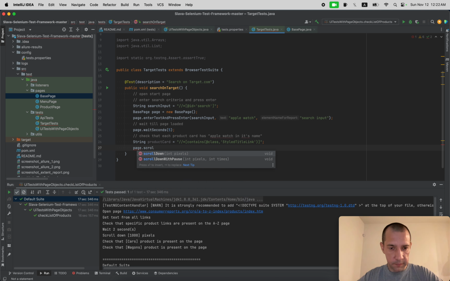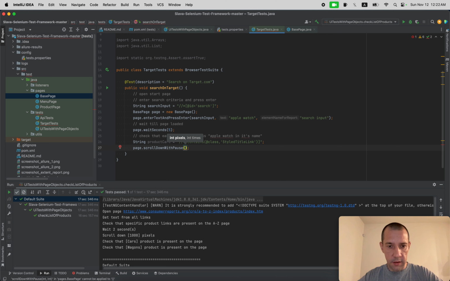It says there are 2 methods available, scroll down with pause. Just a simple scroll down will not help us because it loads products in parts. So I'm going to use scroll down with pause. Pixels, let's say 1000 pixels, and do it 6 times. Now after we scrolled everything down and all the products should come up on the search results, only then we can take the names